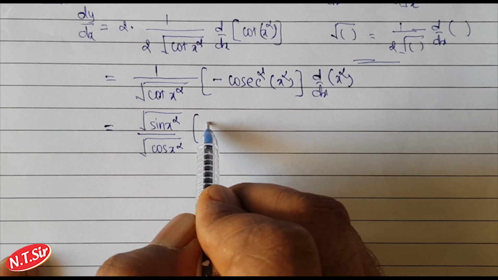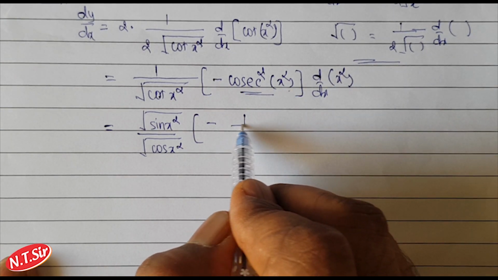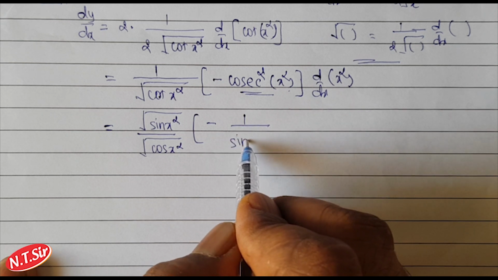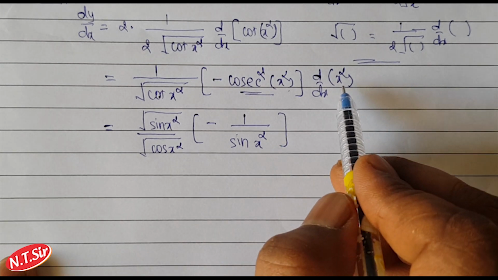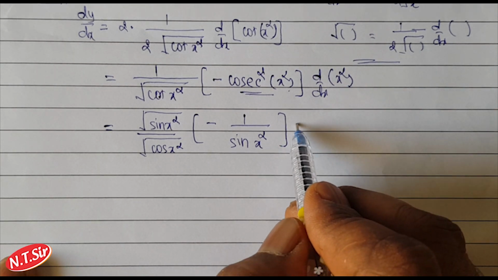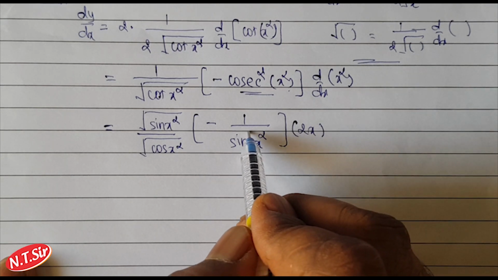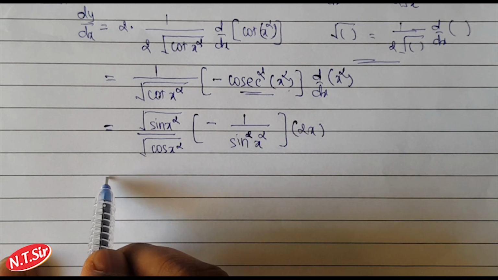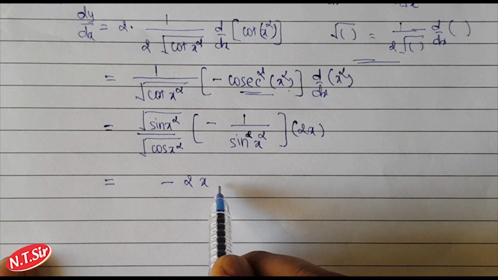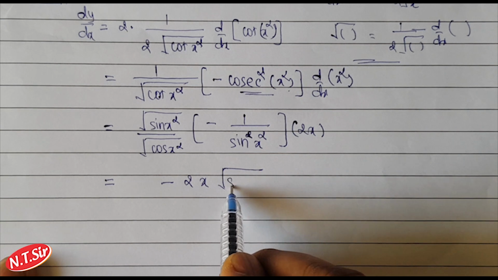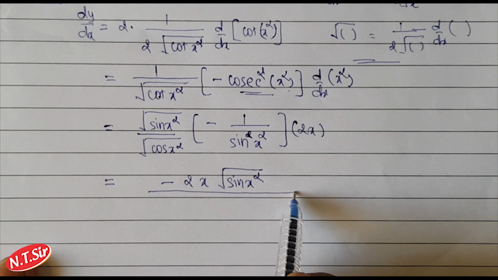This is minus cosec square x square, that is 1 upon sine x square into derivative of x square, which is twice x. Derivative of x square is twice x. So this is minus 2x root sine x square whole upon